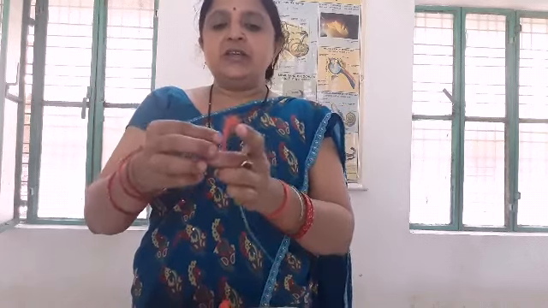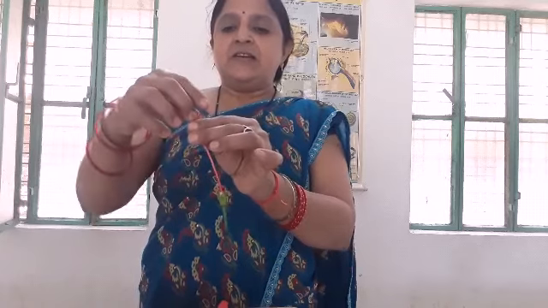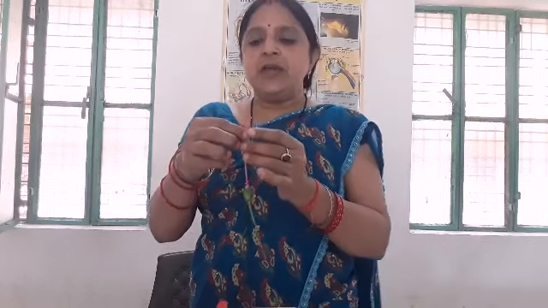In the anther, pollen grains are present, and these pollen grains are the male reproductive unit of the flower. Now, after the androecium, this is the gynoecium. We all know the structure of the gynoecium. What is the structure of the gynoecium? It is made up of three parts.